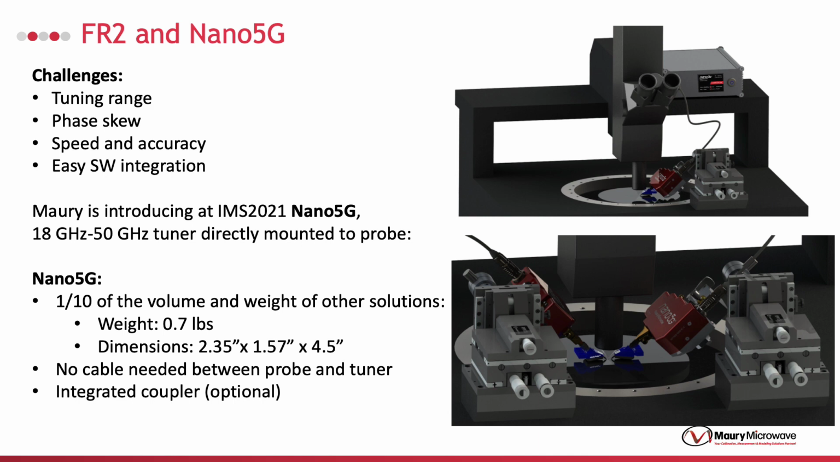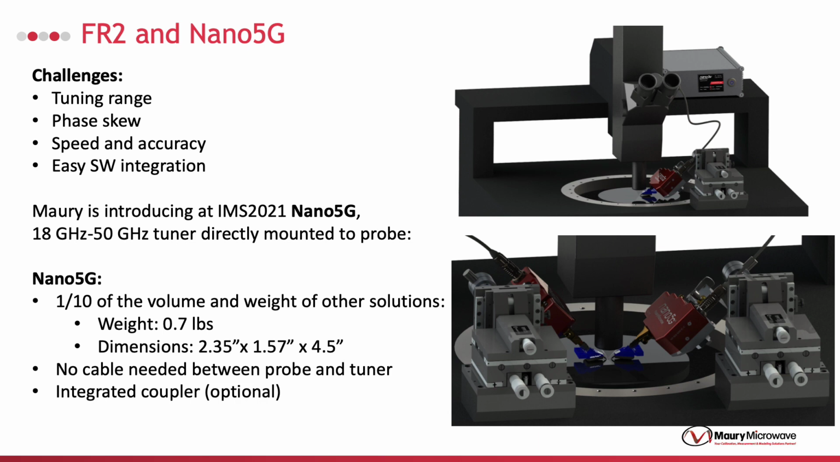At FR2 band, frequency and insertion loss become extremely critical, with challenges such as less tuning range, higher phase skew, and more complicated integration. Nano 5G is the latest design by Maury on how to support customers for 5G FR2 band. It covers 18 to 50 GHz with a 1.85 structure, allowing the signal up to 67 GHz to pass the tuner. This design allows users to reach the highest tuning range, accuracy, and ease of use thanks to the